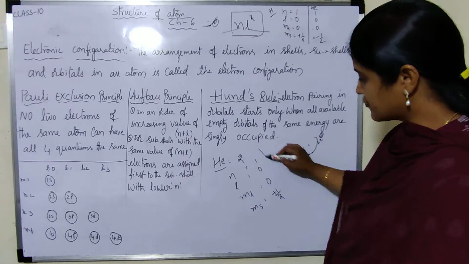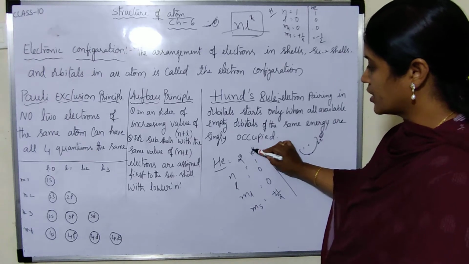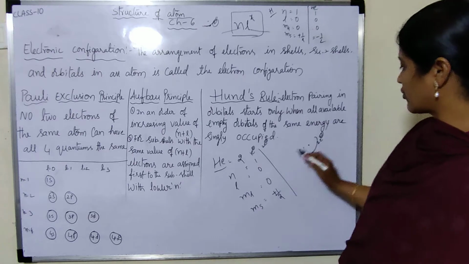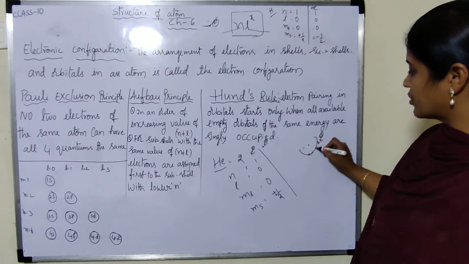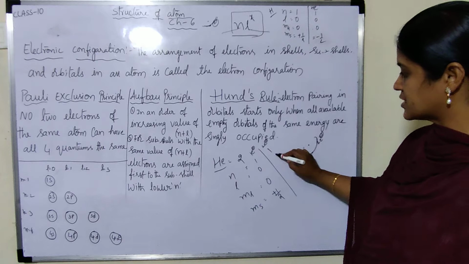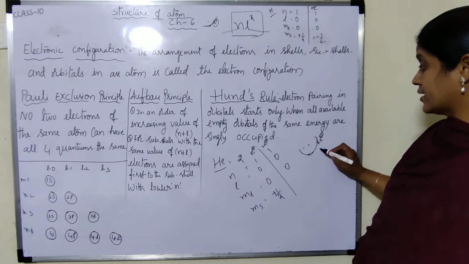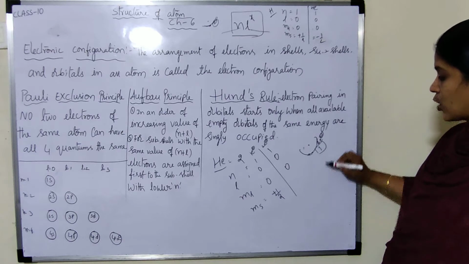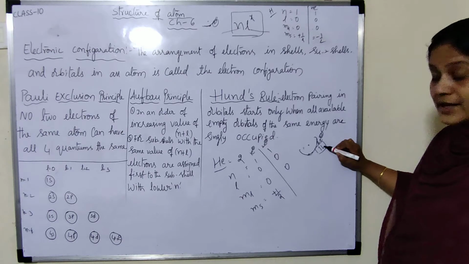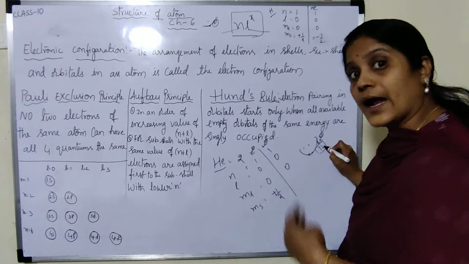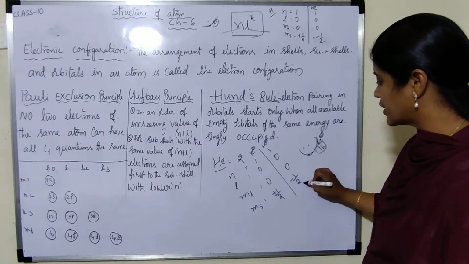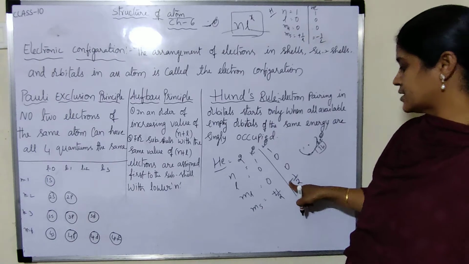Now this is for the first electron. Now the second electron. For the second electron, you can also fill in the first orbit only. So the first orbit means again you will get the same values. And in that orbit, one electron spins clockwise and the other anti-clockwise. So here you should write the spin of the electron as minus half.